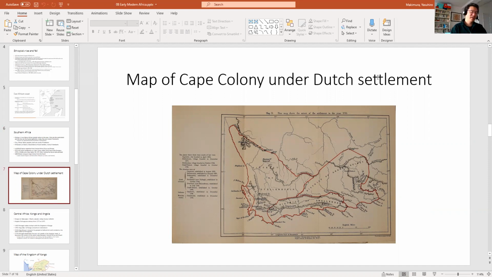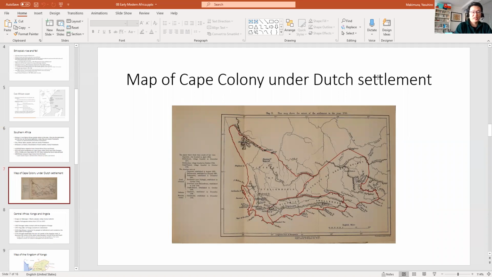Because what's going to happen is, when the Cape Colony is controlled by the British, some of the Dutch settlers don't like being ruled by the British, and so they leave the Cape Colony and go north, and they will establish two independent Afrikaner republics. One is called the Orange Free State, and the other one is called Transvaal, across the Vaal River. And once they are set up there, then we actually have more information about the Xhosa and the Zulus, the Bantu speakers.